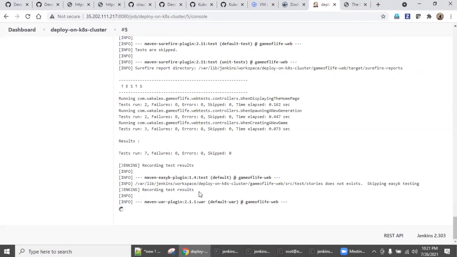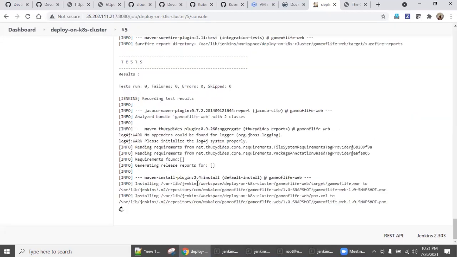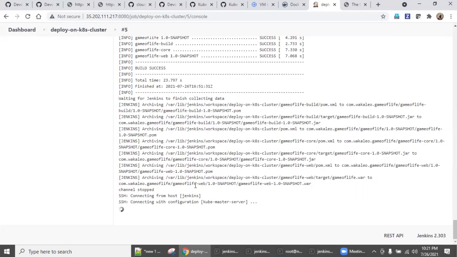So the trigger is happening: compile, build, and then creating the WAR file, and then the WAR file is getting moved to Kubernetes infrastructure. Using that WAR file, we are creating a custom Docker image, and the image has to be pushed to your Docker registry. From the Docker registry, we are creating a pod on top of the Kubernetes cluster.